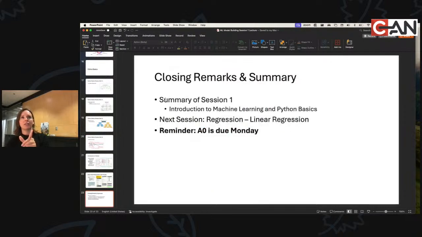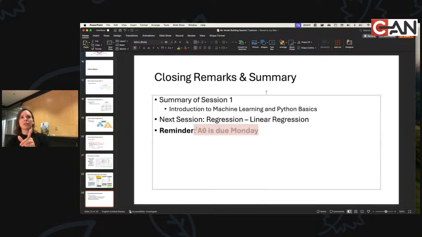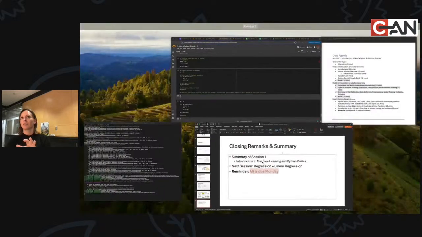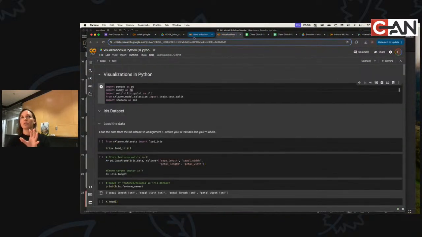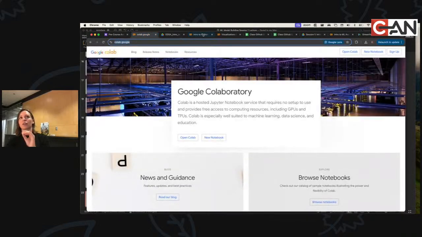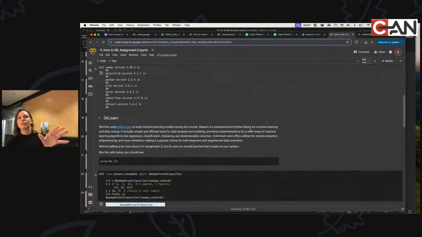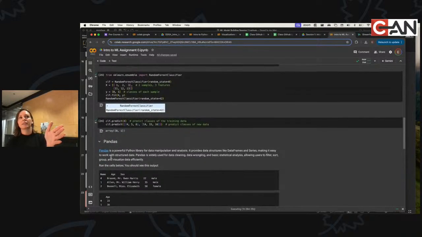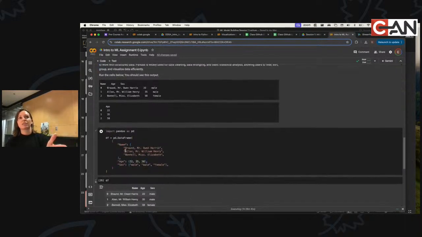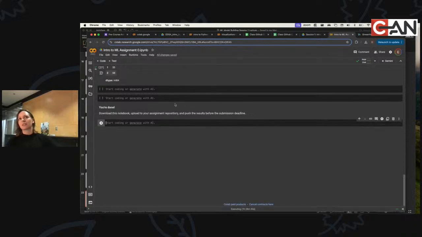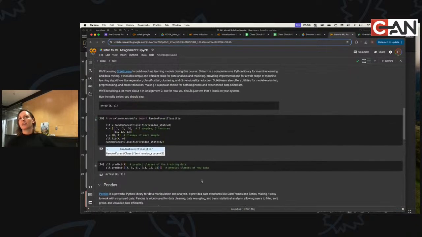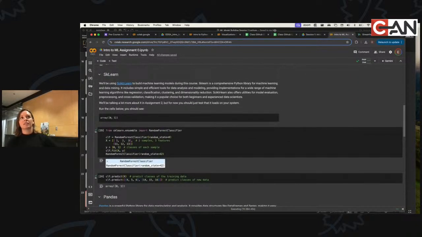In summary here, just a reminder, A0 will be due on Monday. So you have the weekend. You don't actually have to do it. I'll make a video on how to submit it. You don't actually have to do anything other than no code to program. You just have to come into that Colab notebook, execute all of those cells, make sure they all say okay, make sure that your output matches here and you're not getting any errors, basically. Then download it and then upload it. Download it from your Google Drive.